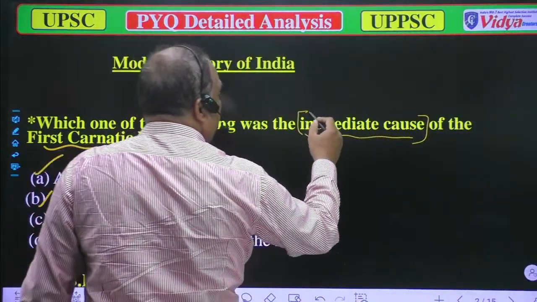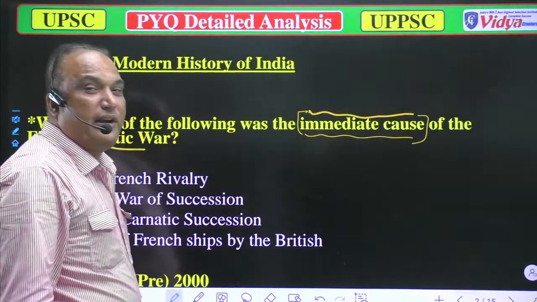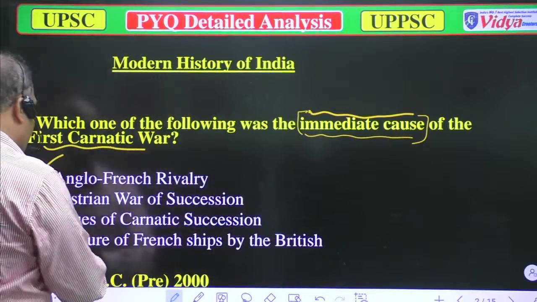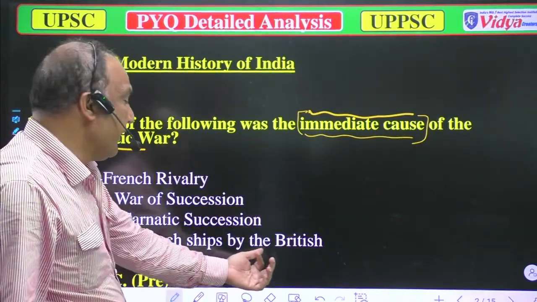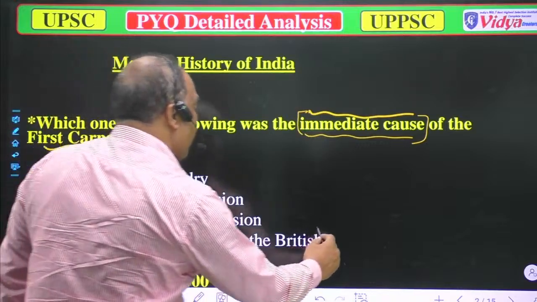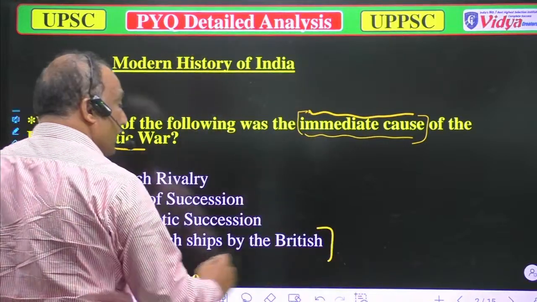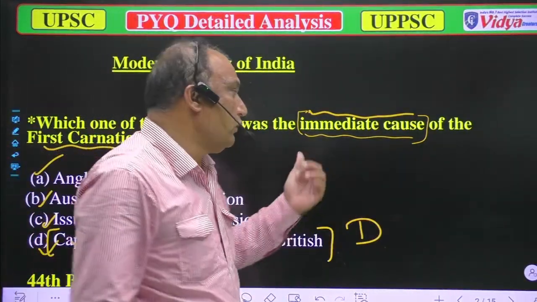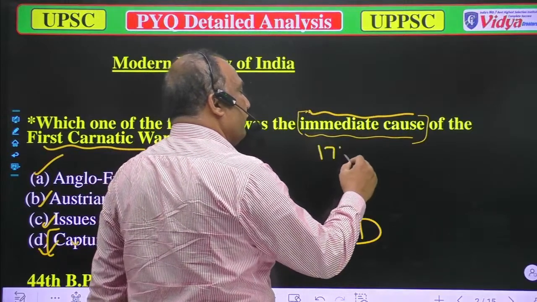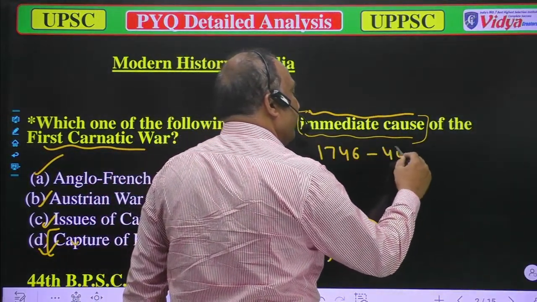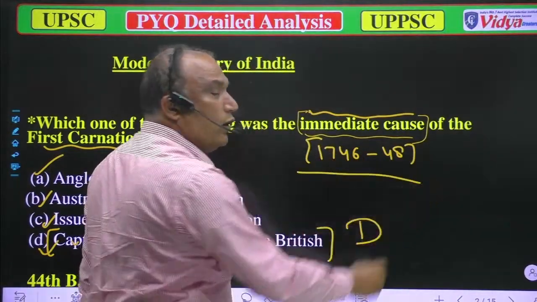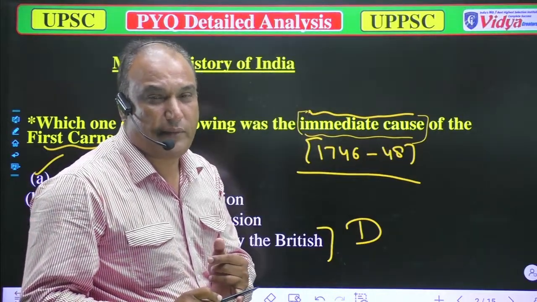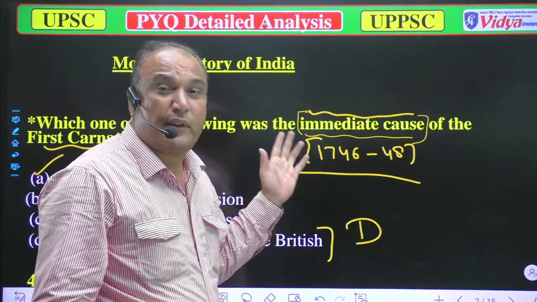So here the term described is the immediate cause. So what was the immediate cause? The immediate cause was the capture of French ships by the British. That was the immediate cause by which this war took place. This war took place between 1746 and 1748. Two powers were there: the first was the Britishers, the other was the French. And in the first Karnataka war,